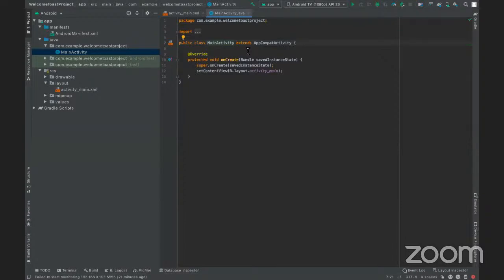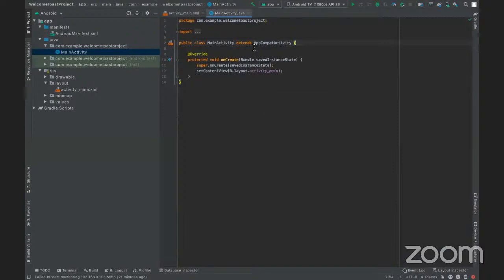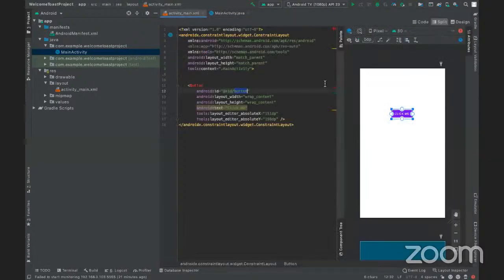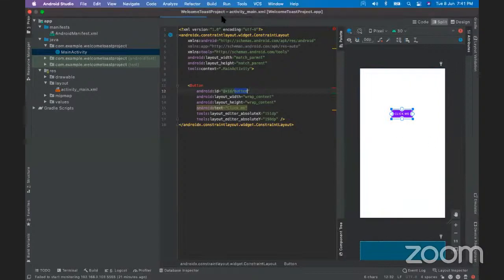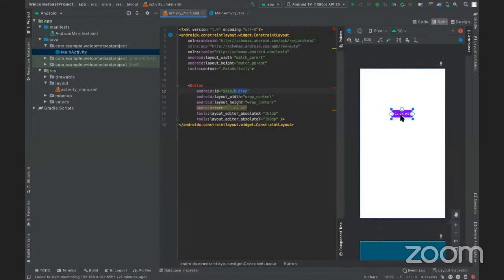Now, what would be your first step for every project which you will be generating? Okay, so the first step for the backend would be, you have to create the object for all the classes which you have as components on your front end. So all the components which you have on your front end, you have to create the objects for those in your backend. So in my front end, how many components do we have? We have just one component, which is button. So we have to